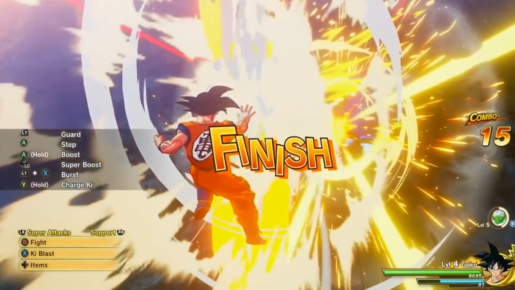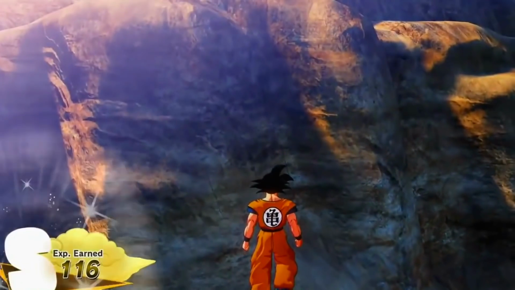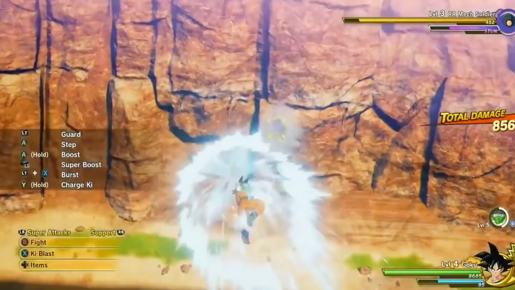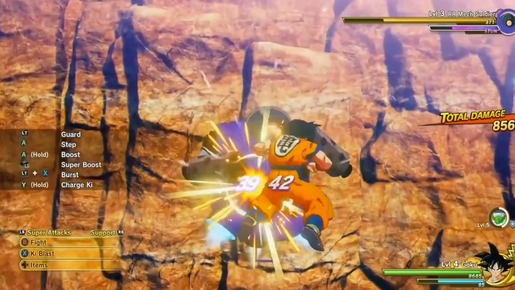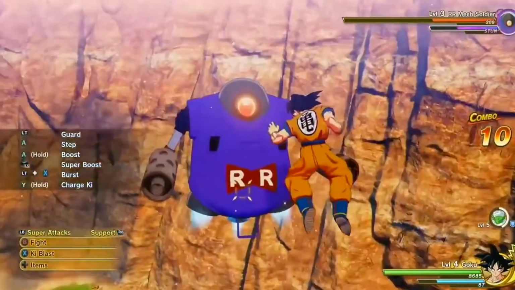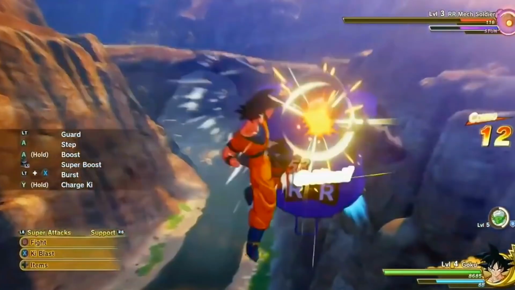So perhaps there's an auto combo that ends in a ki blast, but I don't have any confirmation of that, and it's hard to really tell because the UI doesn't describe it to me, and obviously we don't have our hands on the game just yet. But if I was to ignore the UI completely, I would assume that fight is our only attack button,